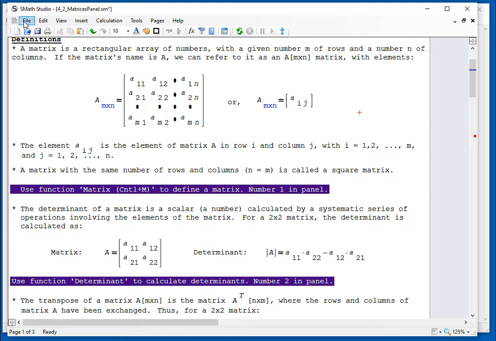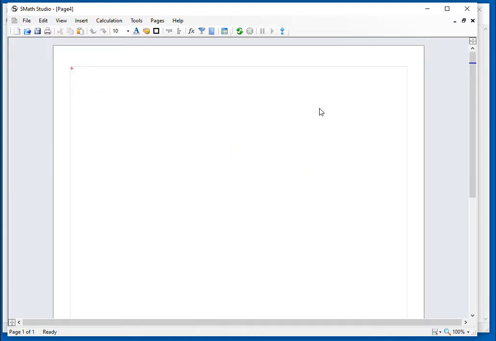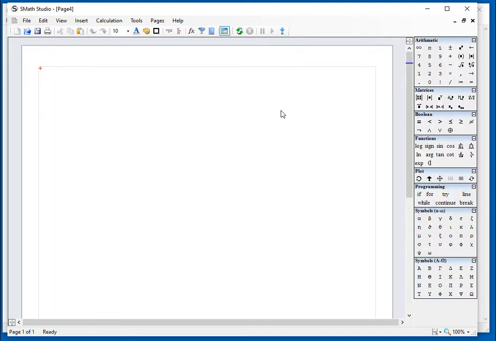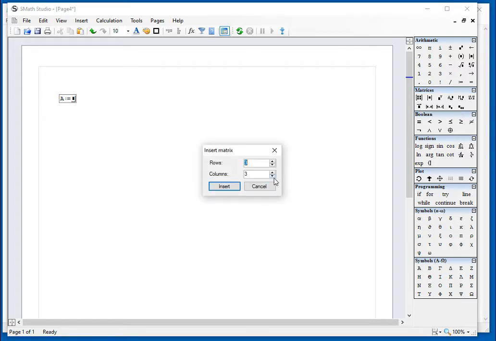In order to illustrate these applications, I'm going to open a new file and open the panel here and define a matrix. Let's just say define a simple matrix, a 2 by 2. I'm going to say something like A, uppercase A, colon, click on this first matrix button, or do Control M. That produces this entry where by default you get a 3 by 3 matrix, but we want a 2 by 2, so we go here and reduce the size to 2 by 2, insert,